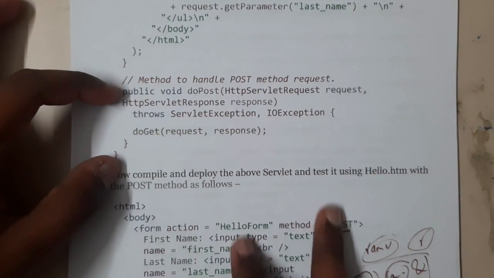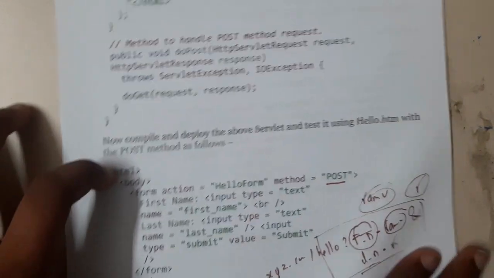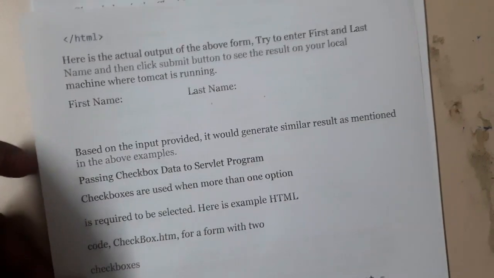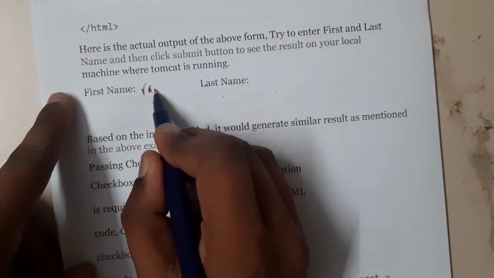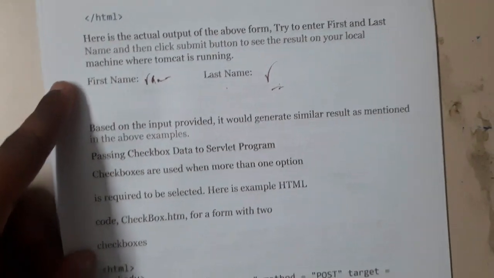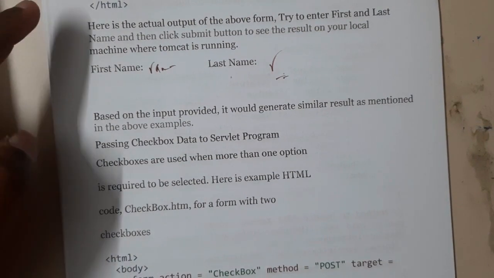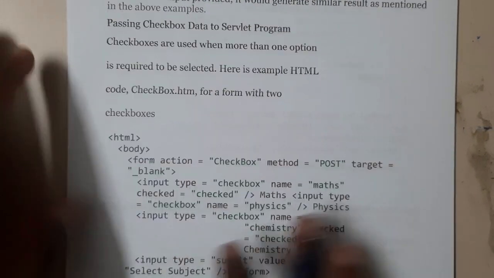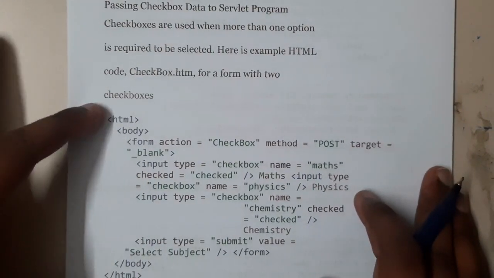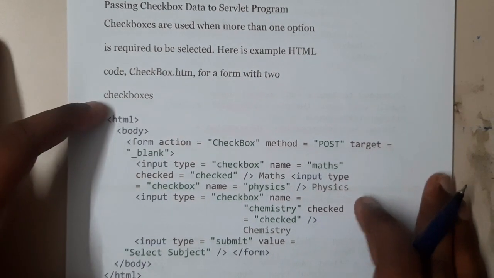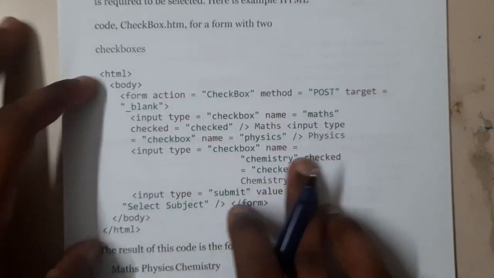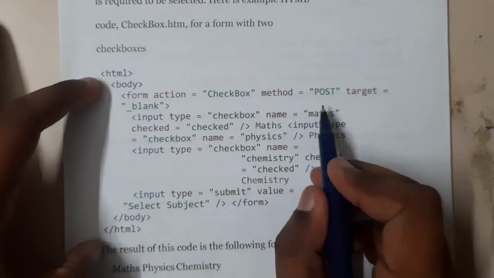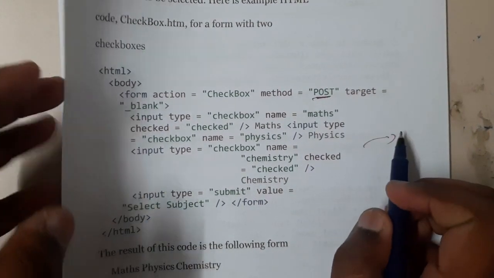So here we defined the post method, and here is your HTML code for post. So at the end you will be getting the output as first name Ramu, and here R. Simple, right? Okay, so I hope everyone got some basic idea. Similarly, we wrote some code for checkboxes, right, guys? So basically here you are maintaining two checkboxes. Here we are posting the data, that is, you are sending it. And a servlet is nothing but Java code, guys, to be clear.